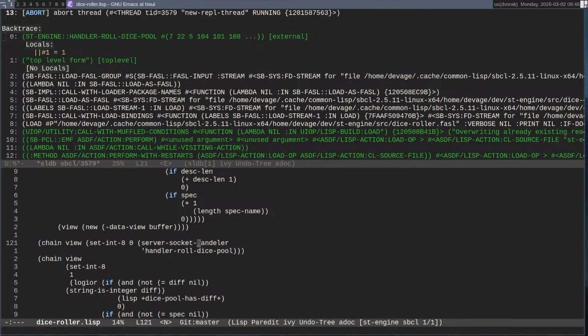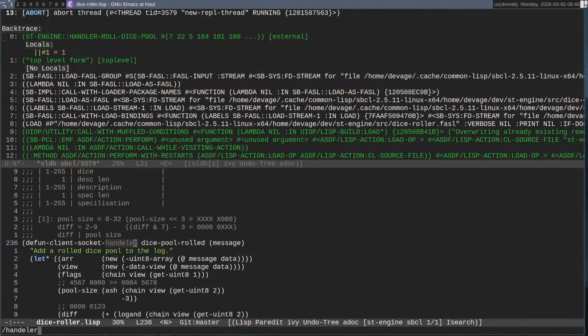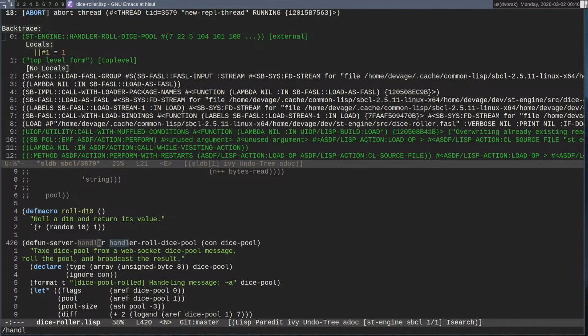What? Oh, I need to fix this. Handler roll. Right. So for some reason, there's a problem with this.